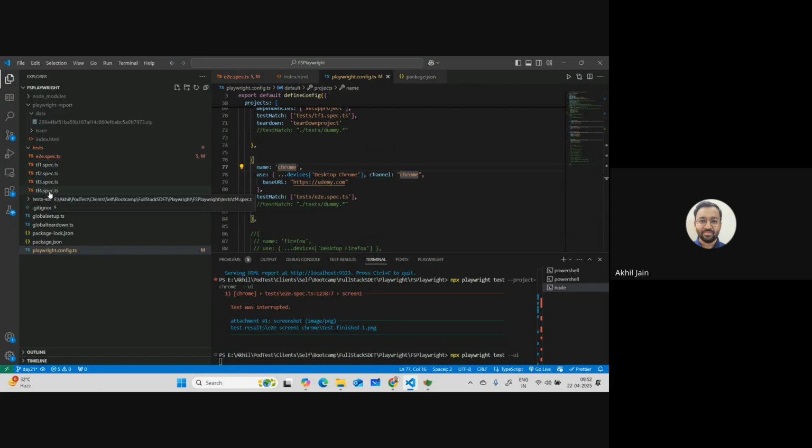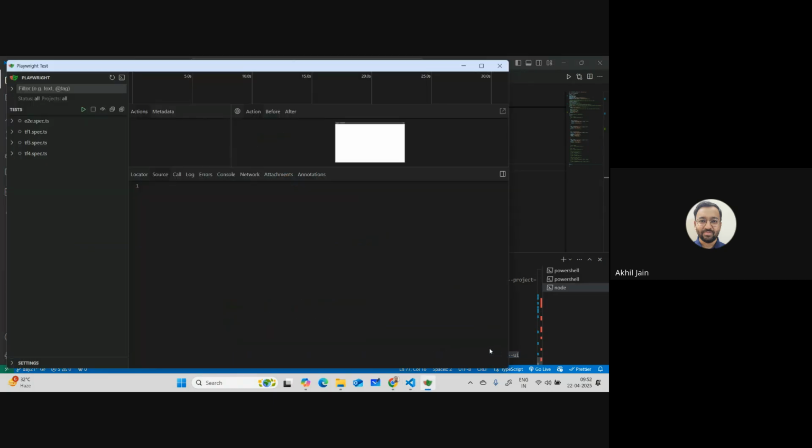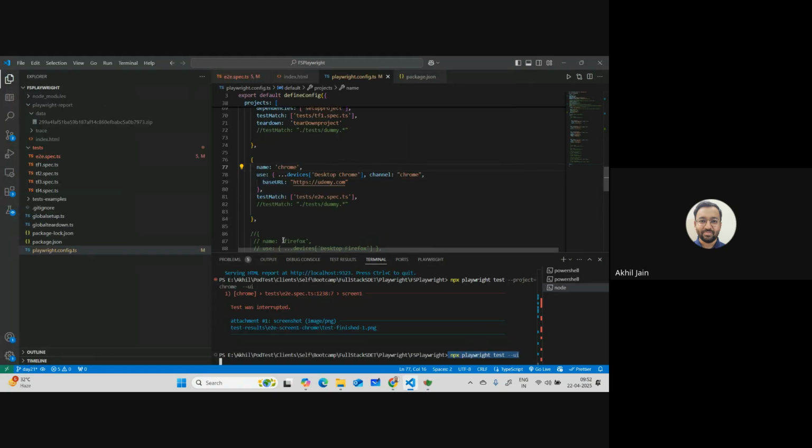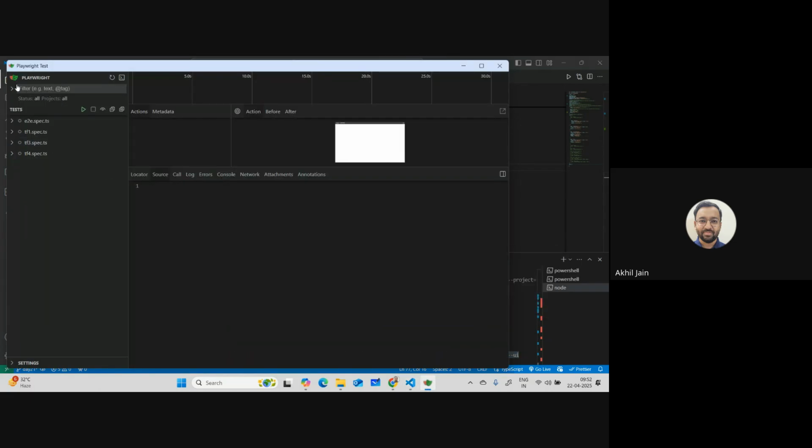So not everything is coming up. Only four files are coming. Why? Because when you ran this, you did not define which project you want to run things on. So what it did, it automatically collected all projects and looked into all the projects one by one and checked what all files they can be executed on. So if you now expand this, you will see all the projects being mentioned, and all the spec